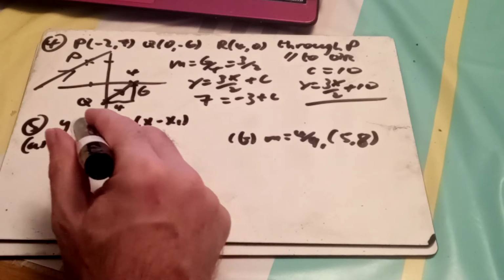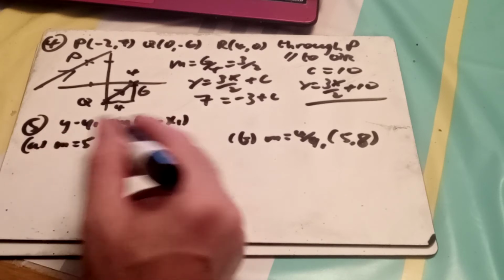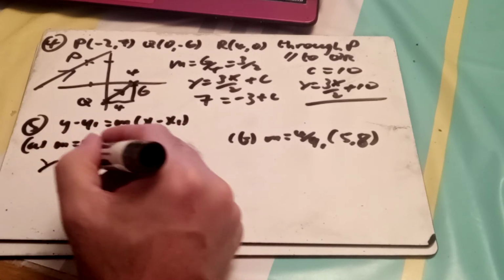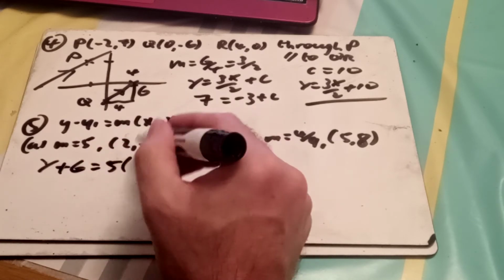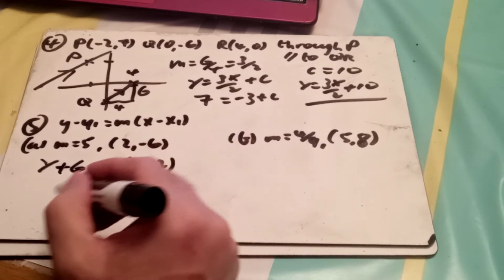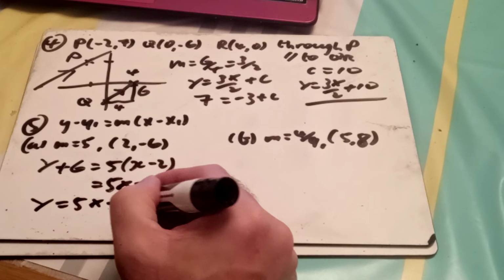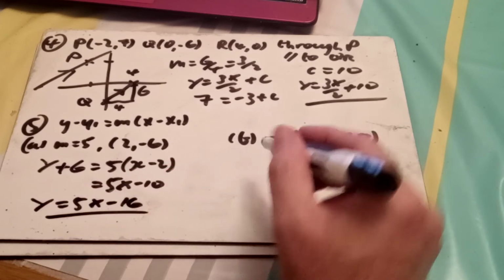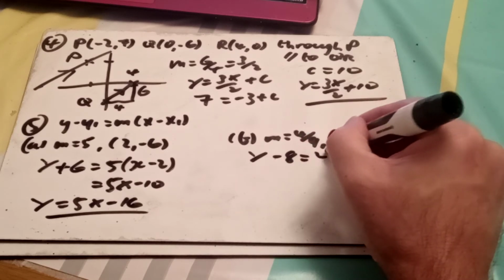So all I do, I use that's x1, that's y1, and that's m equals 5, and stick it in. So y minus 6 plus 6 equals 5 bracket x minus 2, which is 5x minus 10, and then move the plus 6 across to become minus 6 to get y equals 5x minus 16. When I do it here, y minus 8 equals 4 over 9,